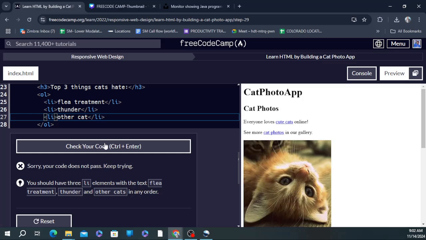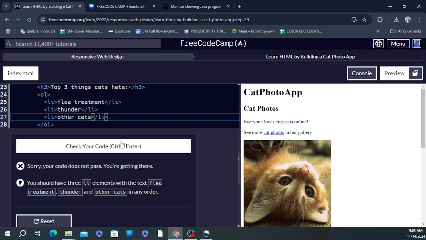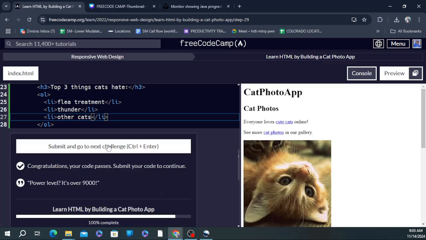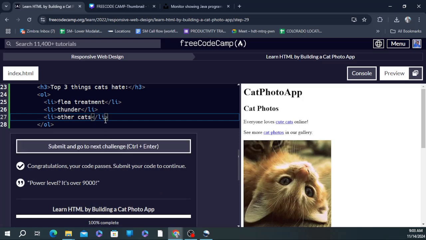with the text flea treatment. This text is good. Thunder is good. Ordering cats. So I'm supposed to put an s. Okay, here it should be good. Now the last one